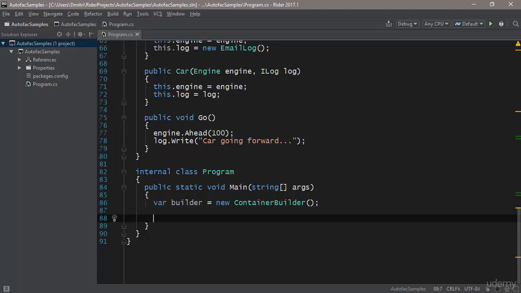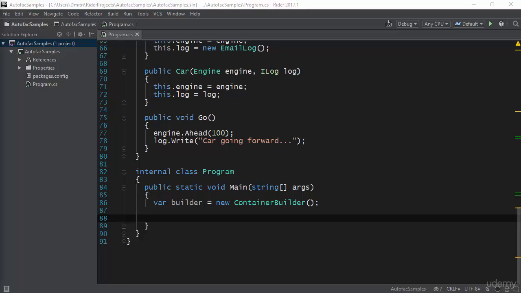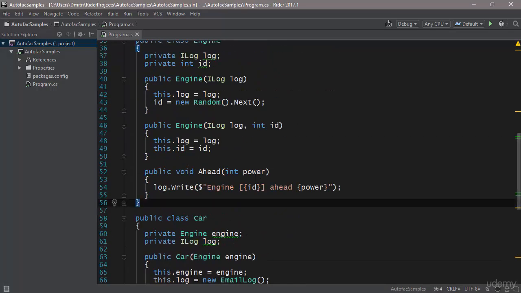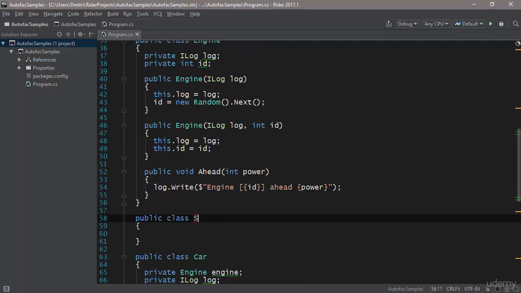I'm going to add an additional logging interface, and this interface is going to be called an SMS log. Now, the goal of this log is to send text messages. Fairly obvious stuff, except that this particular log is going to be a bit different. So let's implement this. I'm going to put it here, and it's going to be a class called SMS